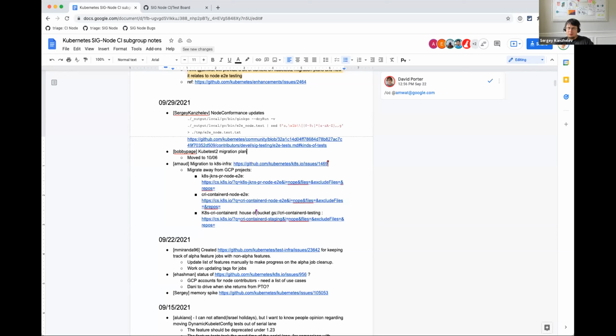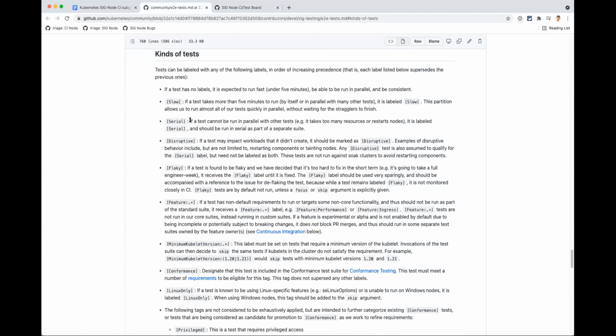Say it again. What tags? For example, all these features, node alpha features, serial tag, and I believe we have much more under our end-to-end tests. It can be just useful to see under which lanes you will run your test if you specified some set of tags.